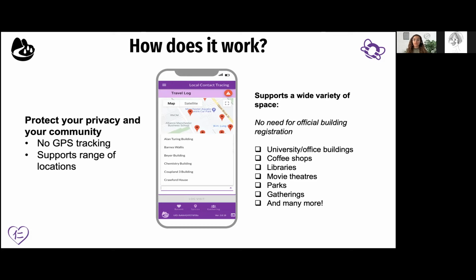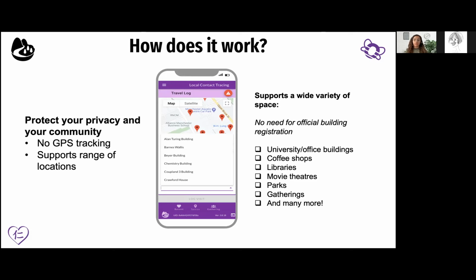For the Manchester version, we were able to predefine the University of Manchester campus locations, for example, the Kilburn building or the chemistry building, and also the surrounding coffee shops. Whereas for the Sisters version, Sisters doesn't really have any large buildings with multiple rooms. So Michael Corning was able to develop his version to suit his local needs.